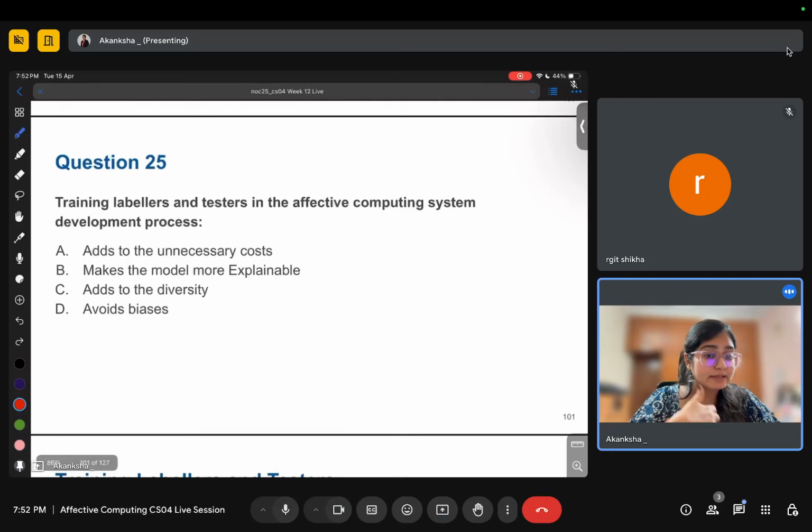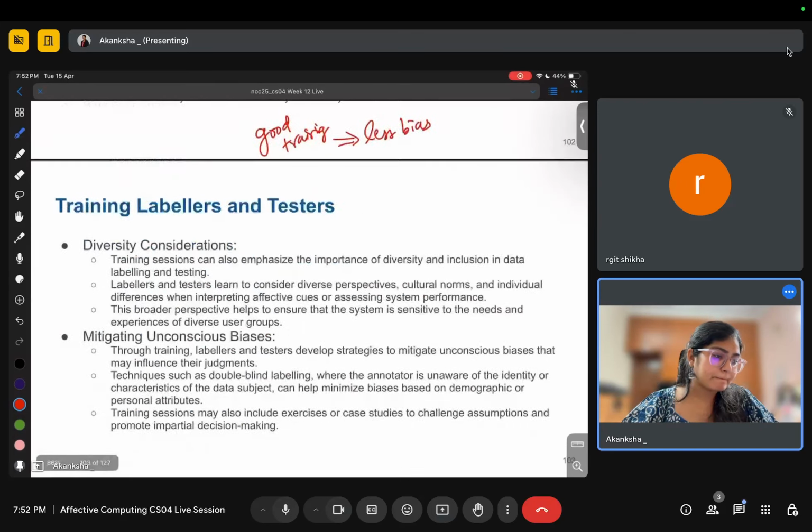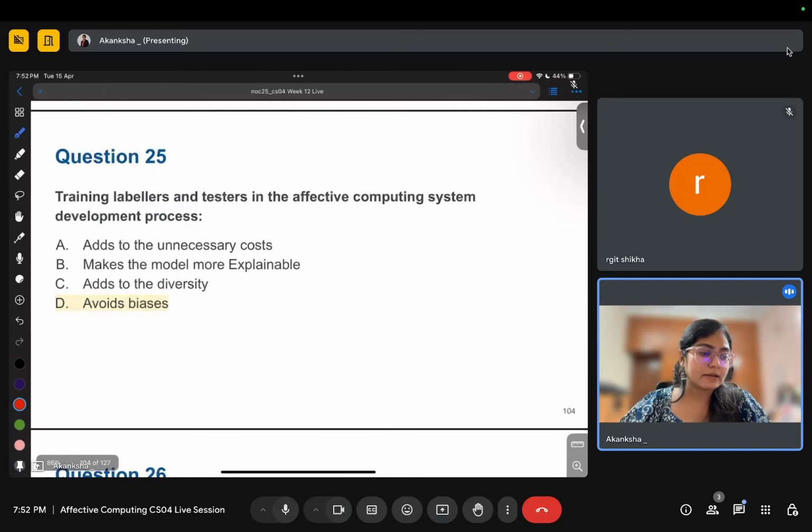Actually, testing your systems and training the labelers means you're improving the quality of your training data, right? Good training data will lead to less bias, so it can avoid biases.